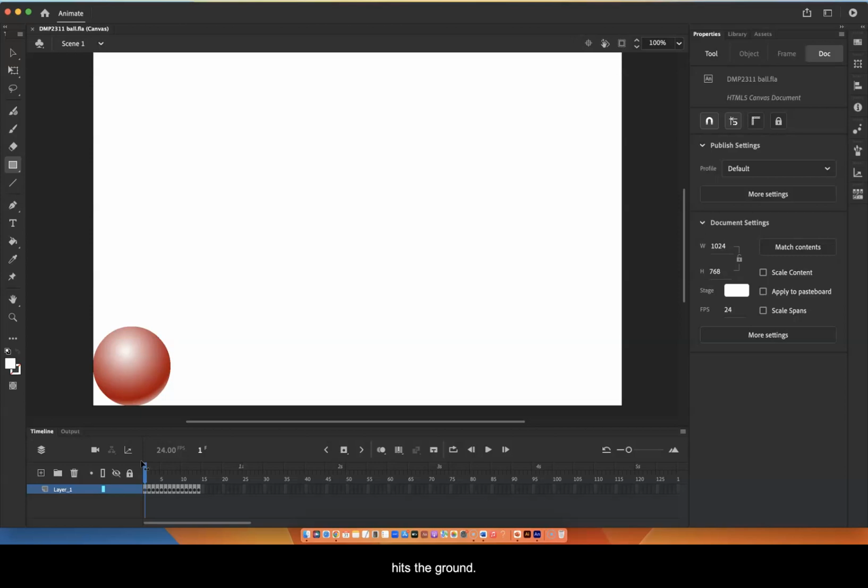So when the ball hits the ground, we're going to animate the ball's transformation, which means we're going to scale it in a way that distorts it. So we're not going to scale it to be larger or smaller and keeping the proportions the same, but we're going to scale it by squashing it a little bit. And then as the ball springs back up off the ground, we're going to reverse that transformation back to a full circle, and then the ball is going to go back up to the top of